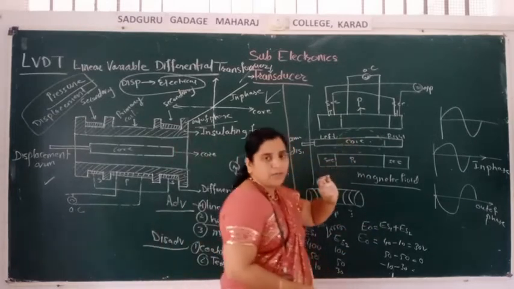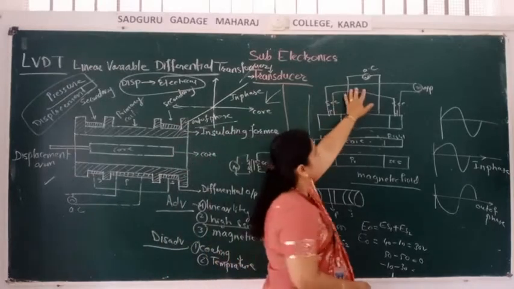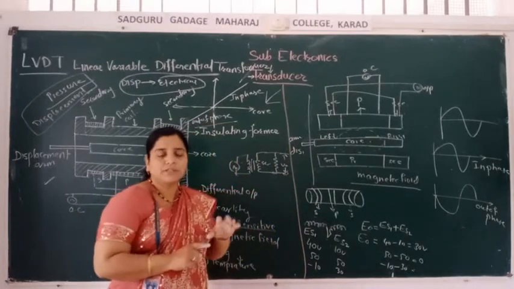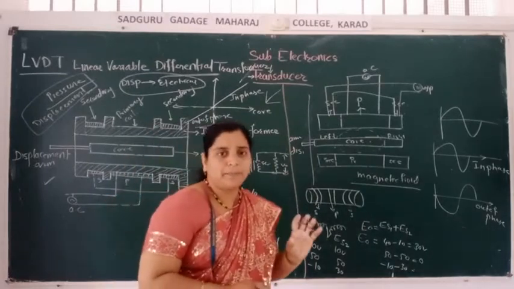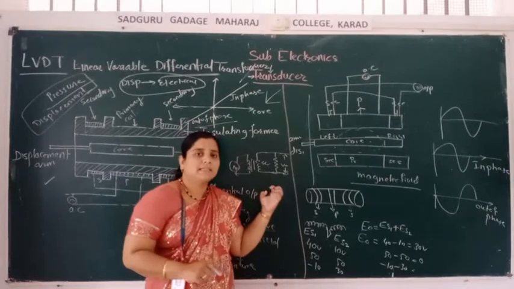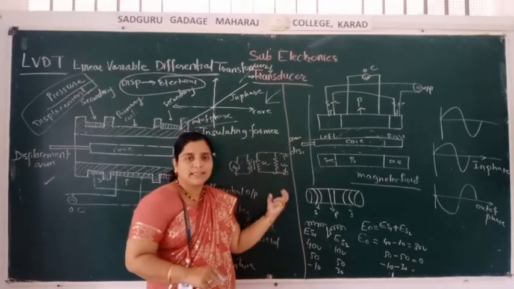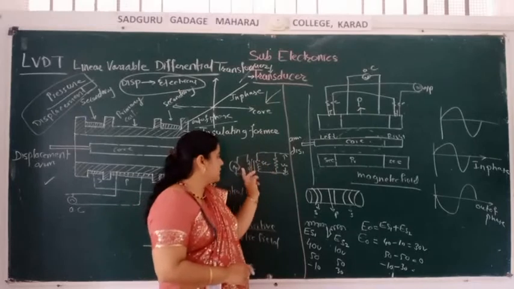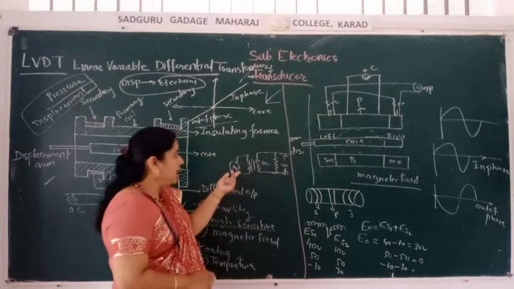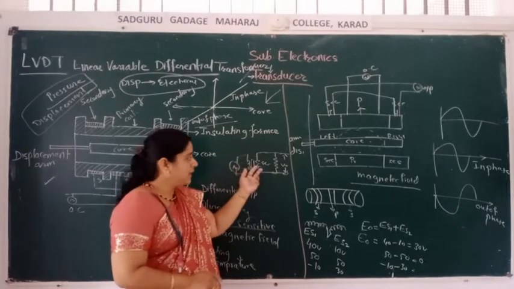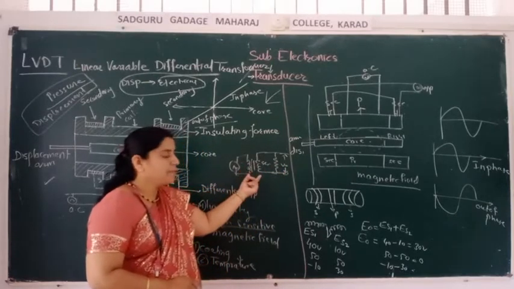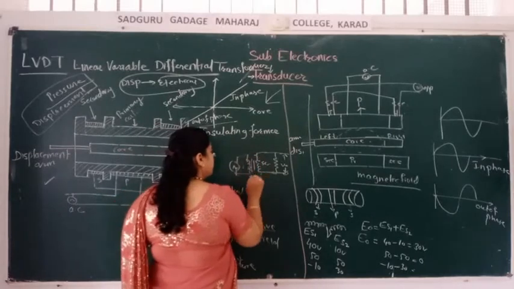No doubt the transformer requires AC voltage. Therefore AC is connected. This AC is what? Alternating current. And why does the transformer require alternating current? We have seen all those concepts in the power supply chapter. Okay. In the half wave rectifier, full wave rectifier, bridge rectifier, all those concepts are clear, why the transformer requires the AC voltage, and what happens if AC is given to the transformer: it induces the voltage at the secondary. We are applying the AC to the primary, but we are getting output here at the secondary. Why? It is not electrically connected, but it is magnetically connected. A magnetic field is produced between these two coils.